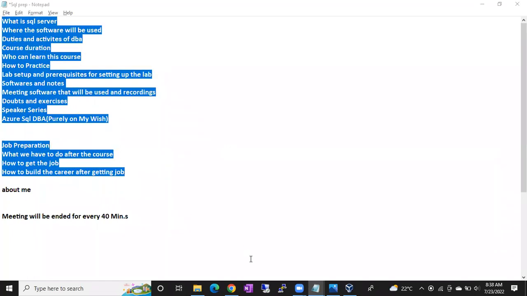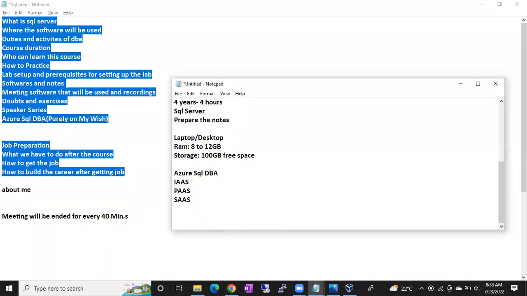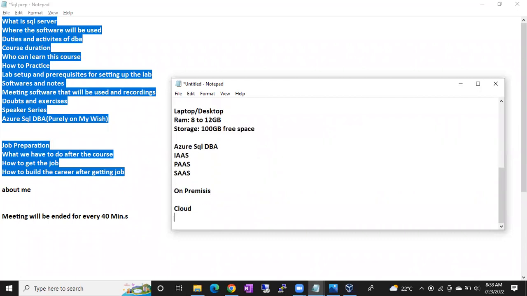There are two types of DBAs, guys: on-premises and cloud. On-premises means we are managing our own data centers. We are building the servers and managing the servers. Everything is done by our team or our company employees, guys.